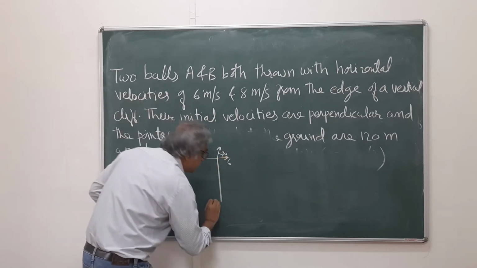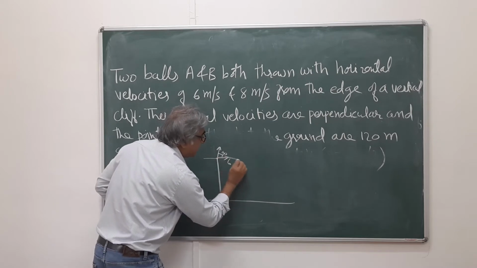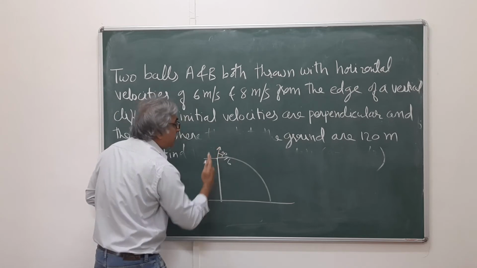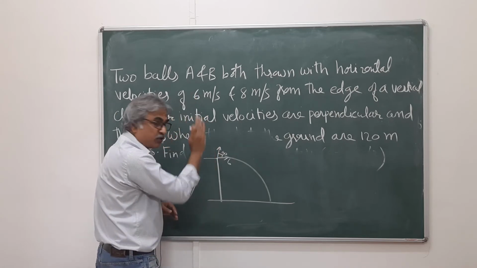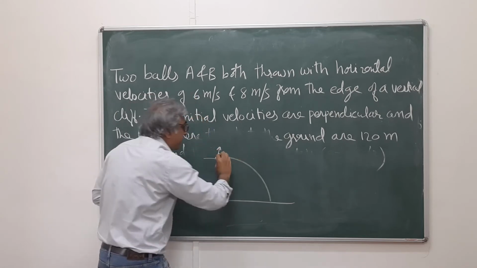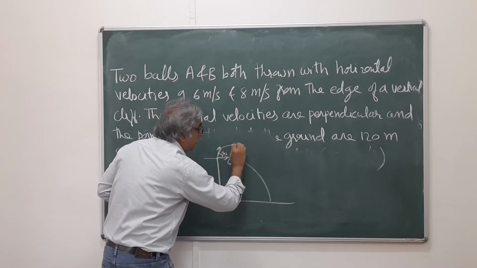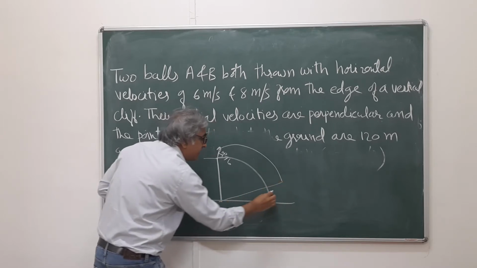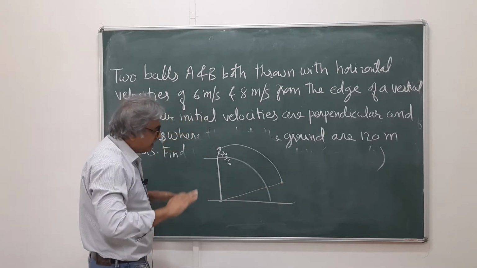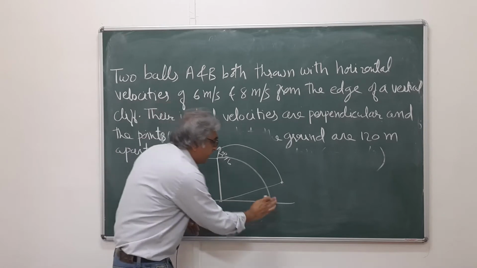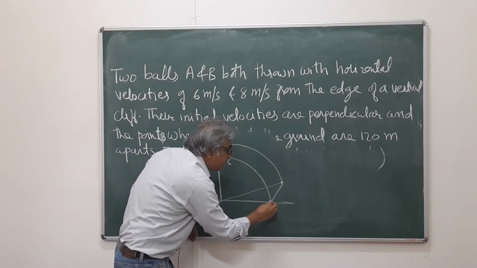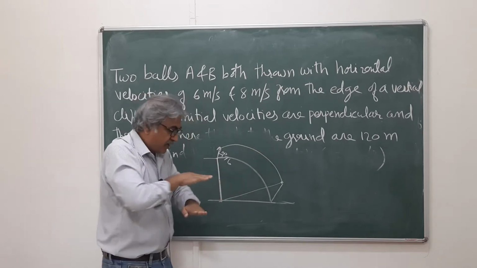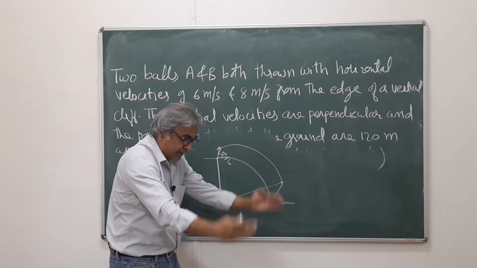And so this is the ground. So this ball will reach the ground here, and this ball is not going upward, please note. This is perpendicular on the same plane. So this is going to land like this. So there is also a plane like this, and it's on the same plane. This is a three-dimensional figure and a little difficult to draw, but it will be made easy. So this is a single plane. So one ball is traveling like this, the other like this, and they are reaching the ground.